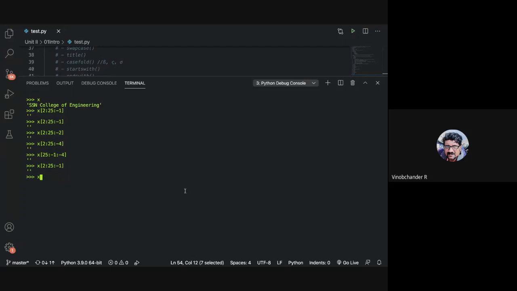Let us, for simplicity, say just SSN, and have this from 0, 1, 2. So let us have this 2. So what do you think here is the logic? This is just for simplicity. So will it be NSS? Will it be NSS? We don't get anything here. This is fine. But why is this empty?